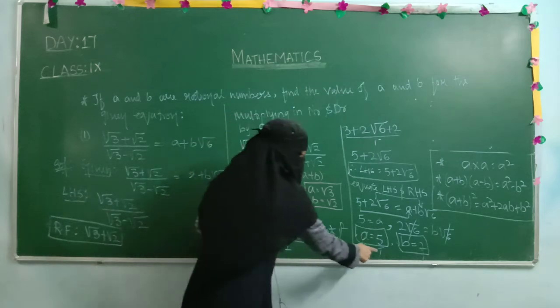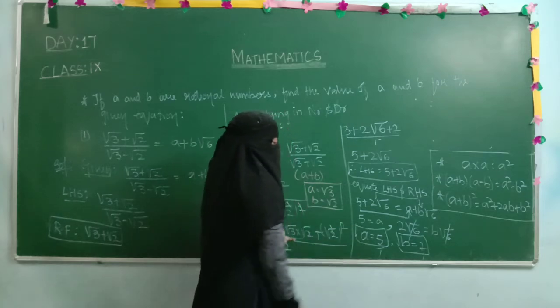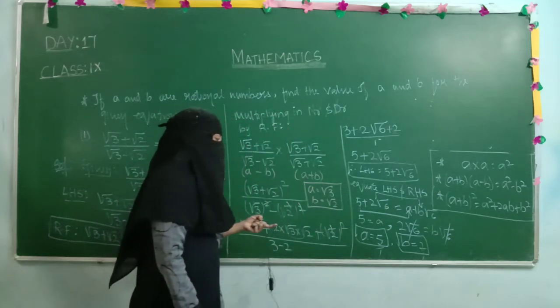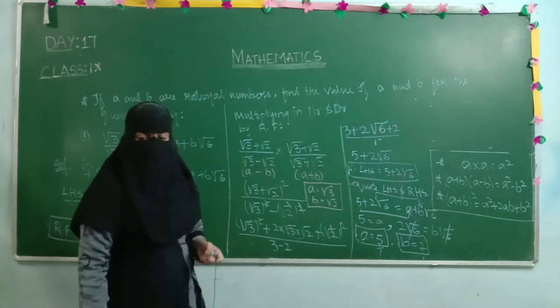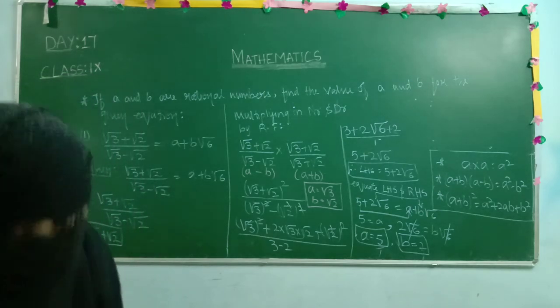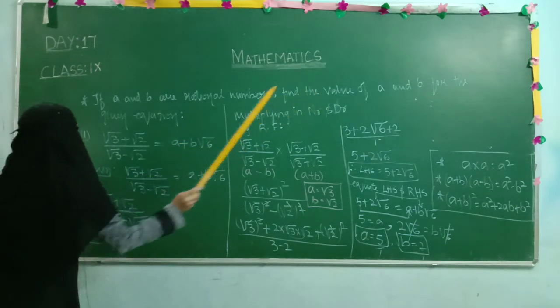Now we got, after simplifying this irrational numbers equation, two numbers, that is 5 by 1 and 2 by 1. They are rational numbers. So we got the values of A and B in the form of rational numbers. We have done with it. This is only asking in the question to solve for the A and B values. So let's one more time I will explain to you. If A and B are rational numbers, find the values of A and B for the given equation.